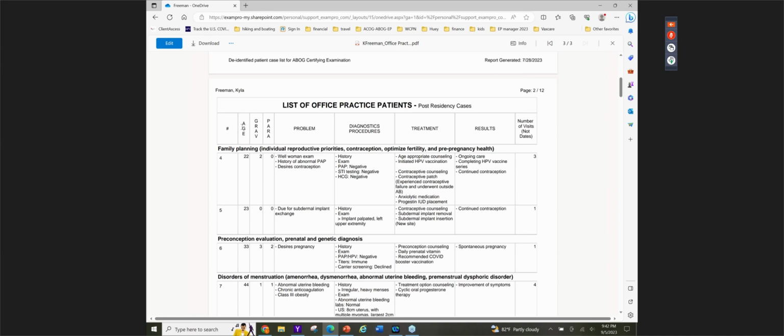Regarding the carrier screening, it says declined. What carrier screening did you recommend to her? So anytime I talk to a patient about carrier screening, whether in preconception or the initial prenatal visit, I do discuss that there are multiple carrier screenings available. The basics that we consider are cystic fibrosis, spinal muscular atrophy, and Fragile X. But now with the innovations in genetic screening, we are able to expand that to an expanded carrier screening. In my office, we have a 100, 300, and 500 gene panel, but explain to them that as we expand the number of things that we're looking for, the population prevalence does go down, and we're less likely to see those more rare